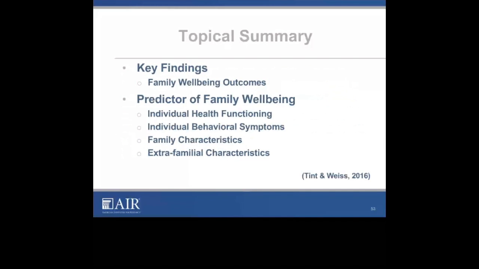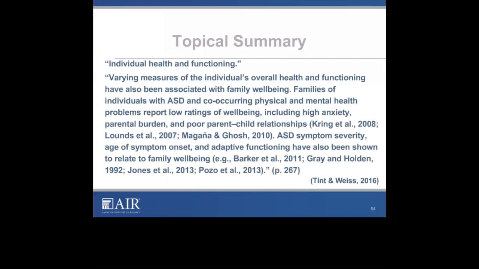that's exactly what happened. This has to do with family well-being. And these were the key findings. Outcomes were key findings, and what they call predictors of family well-being. This was family well-being of individuals with autism spectrum disorder, a scoping review. So these were topical categories that, if you think of it as after the fact, that is, they had the studies in hand, they organized the studies, and this is the way that the results, the findings of those studies, made the most use of the data that was presented.